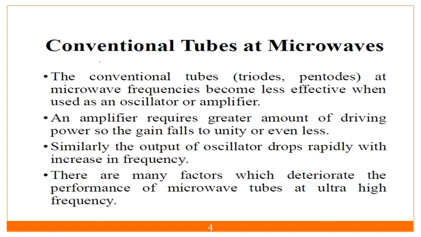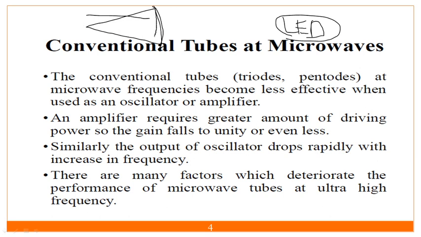So conventionally means previously we were using conventional tubes, like if you have seen the previous television. Now you will find LED TV, LCD TV. But previously you will find a TV based on the CRT, which is very bulky. Here you will find a display, and I think the structure is like this. See, this is your display, and this is the tube. Here you will find a tube. The gun is there, and the tracing and all that will happen.